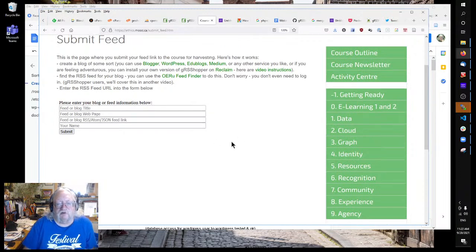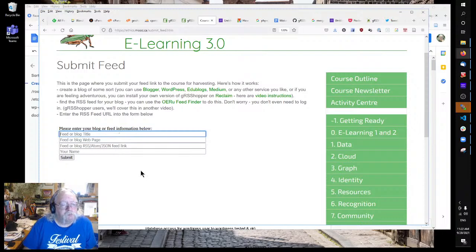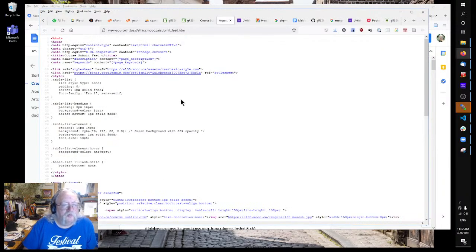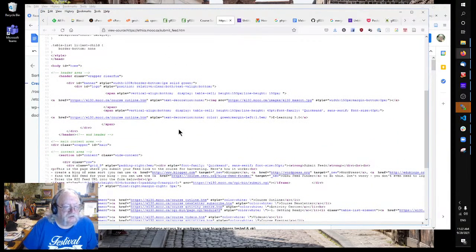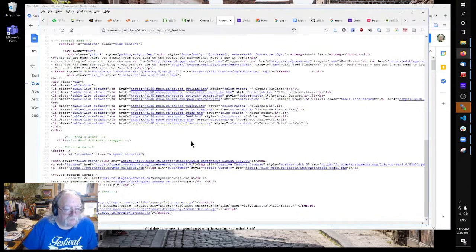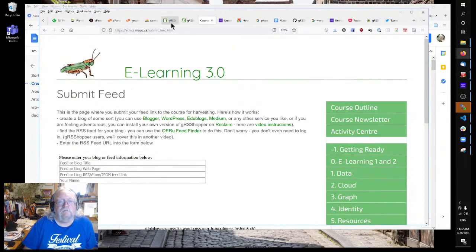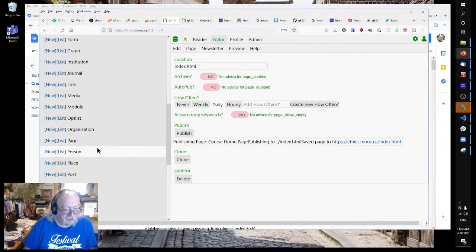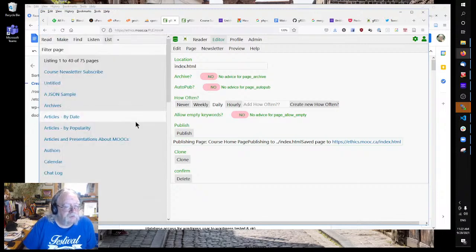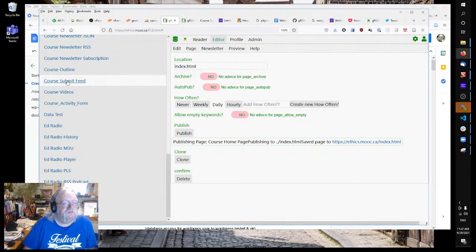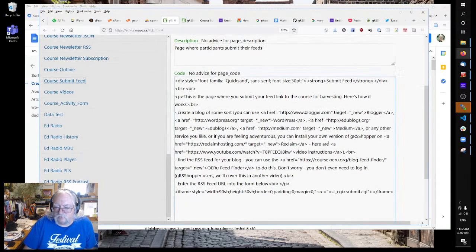So now I've forgotten where this goes. So let's have a look at where it goes. Okay, fonts, Google APIs. No, okay. So it goes to a script called submit.cgi, and I see I still have the EL30 MOOC there. So let's go to that page. So make list page, and this will be course submit feed. So okay,